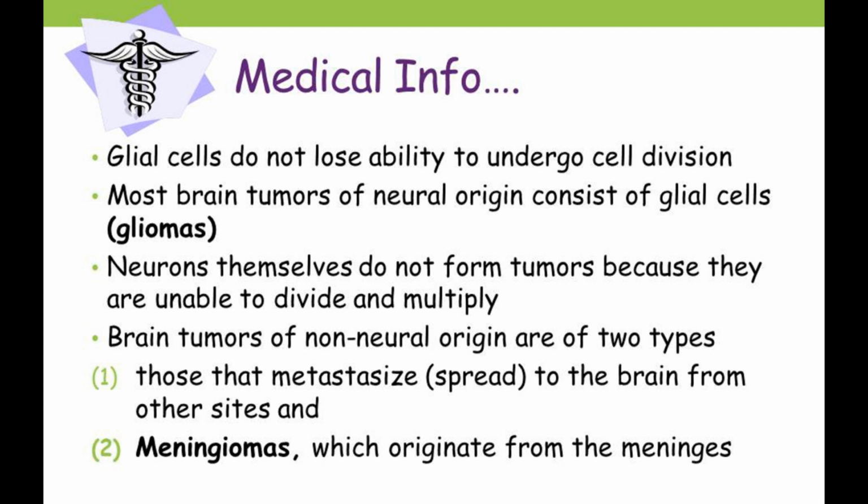And we will go into a small medical information: the glial cells do not lose the ability to undergo cell division. So most brain tumors of neural origin are caused due to the glial cells and are called gliomas. Neurons themselves cannot form tumors because they do not have the capacity to divide and multiply. Brain tumors of non-neural origin are of two types: those that metastasize to the brain from other sites, and those that originate in the meninges,